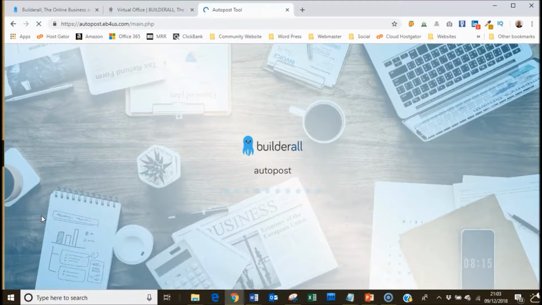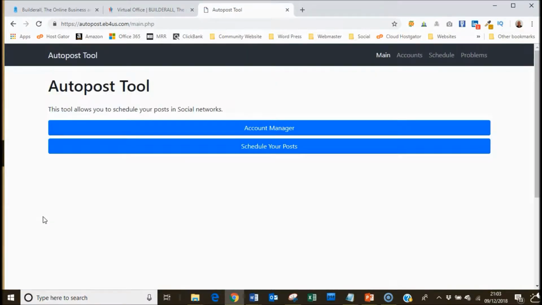Now, this is fantastic. I try to post on Facebook every day at least, but sometimes for whatever reasons I can't always manage it. By using this system, it guarantees that I've always got live information going out on my Facebook account. So what you do when you first land on this, come to the Accounts Manager,